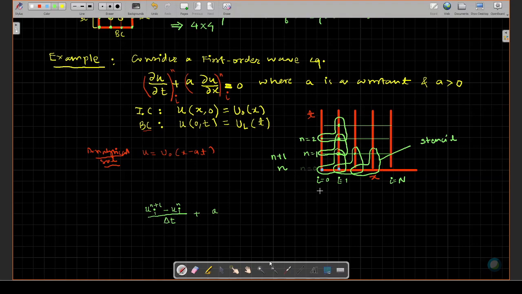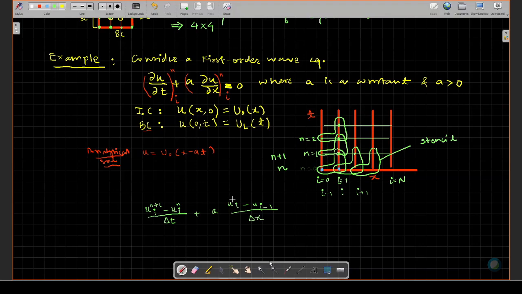You don't have forward information. In those cases you do not have forward information, so you have to resort to the backward difference expression. So here you can write u_i minus u_{i-1}. Now say this is i. If this is i, this will be i minus 1, and the next point will be i plus 1. In generalization, this will be like this, and you will have a delta x.